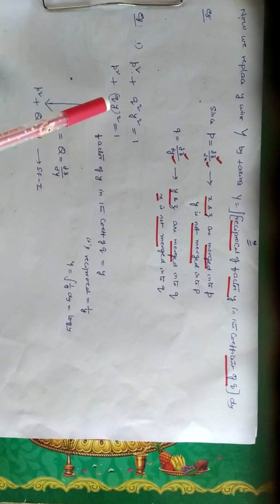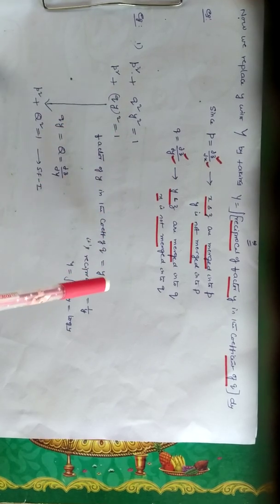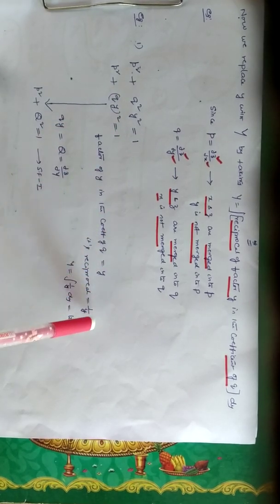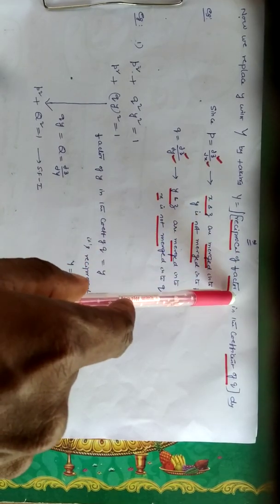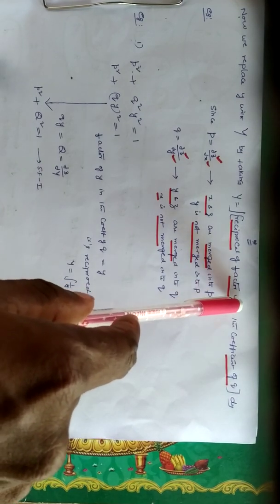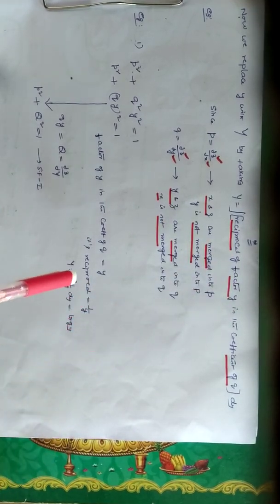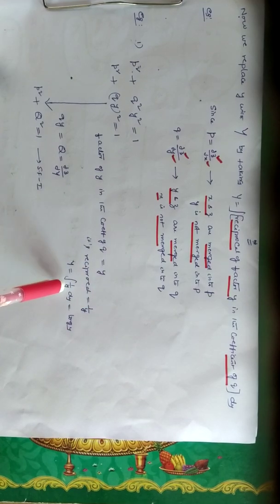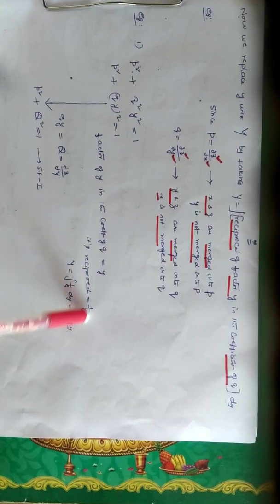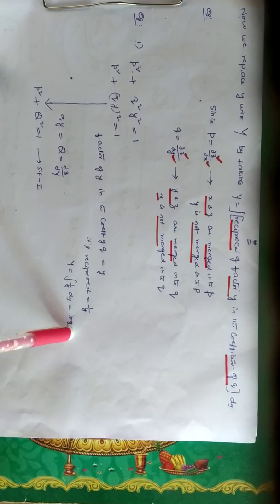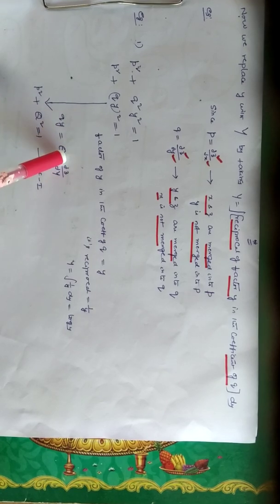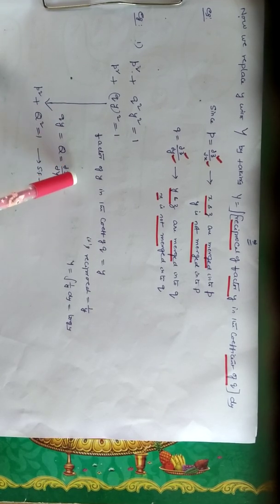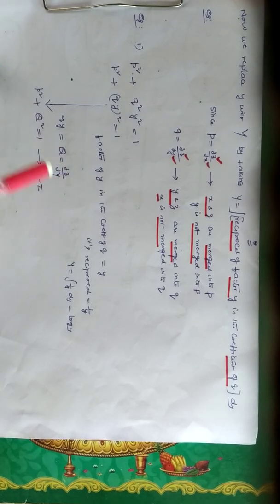For this, the coefficient of small q containing the factor of y is y, and its reciprocal is 1 by y. Why? Because in the formula of capital Y, we consider the reciprocal of the factor of y. Do not consider the factor of y itself. That means the integral of the reciprocal is nothing but 1 by y into dy. That equals log y. That means by taking capital Y equal to log of small y, q into y equals capital Q. What is capital Q? It is nothing but dou z by dou capital Y.